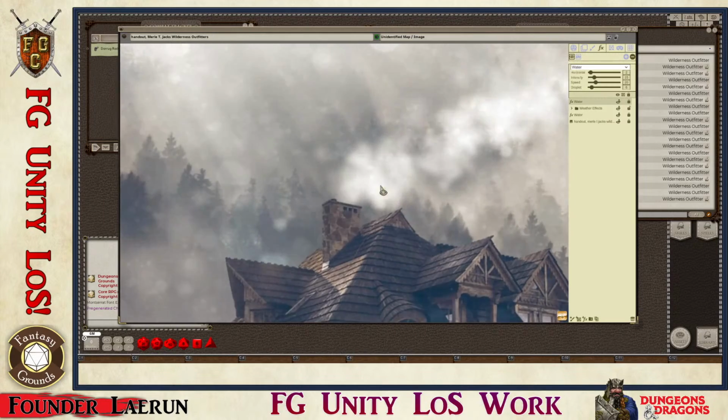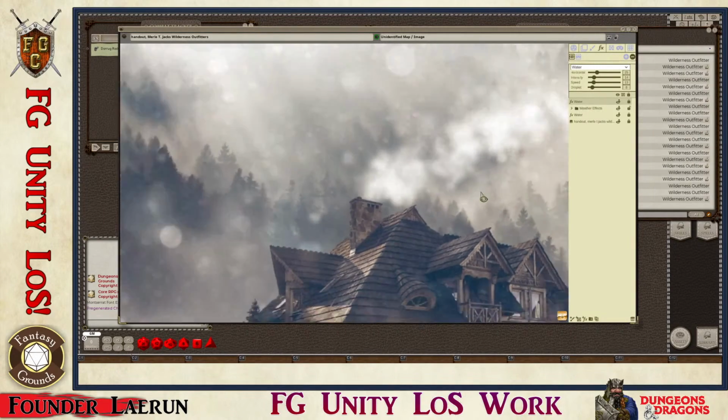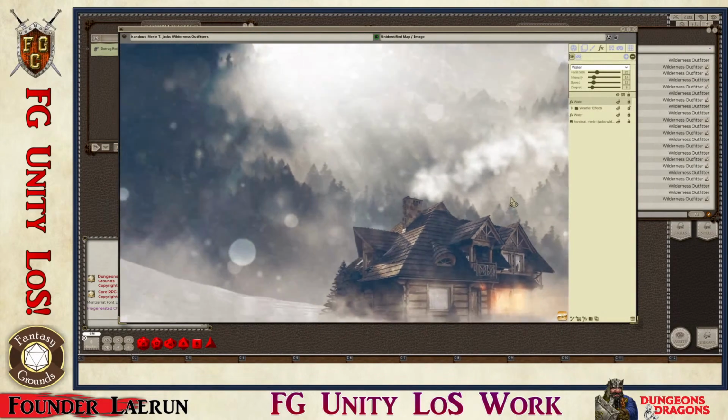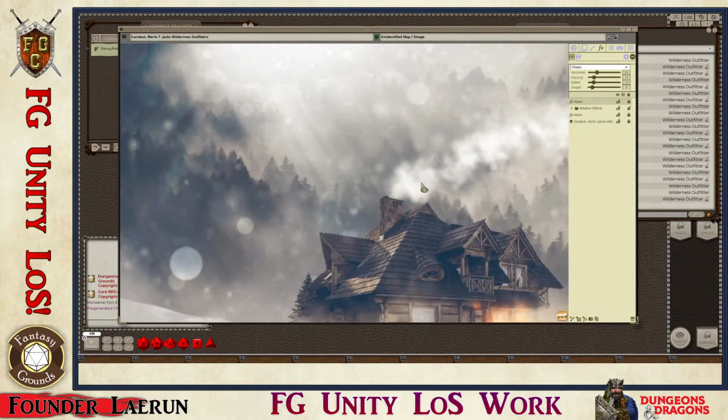So I turned it down, turned the droplet size down, turned the intensity down a little bit. See if I go up higher, it's going to look okay. Right about there. The speed is down. Horizontal is a little bit better. If you turn it down too much, then it won't. So now you can just kind of see the smoke wavering out of the chimney, which is kind